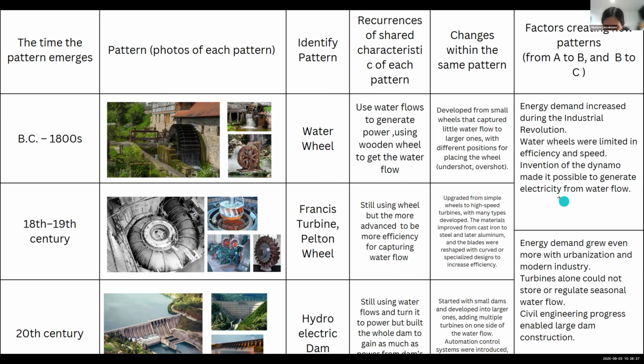And you mentioned that turbine alone could not store or regulate seasonal water flow. Maybe this one you would like to mean that we need to store the energy as well or to have the continuous flow of water, that's why we need the system of the hydroelectric dam. Okay, overall, start with small dam first and then develop. Overall is great summary of the pattern and irregularity. ขอบคุณค่ะ